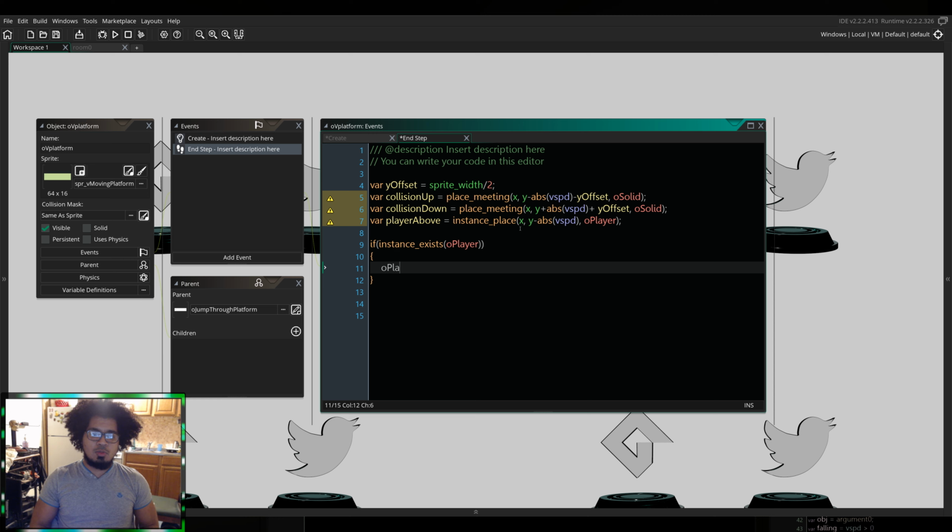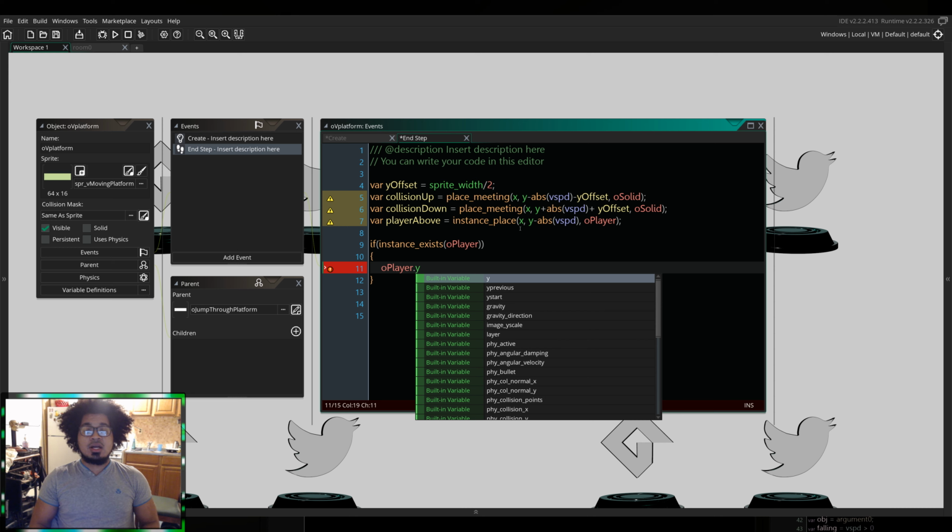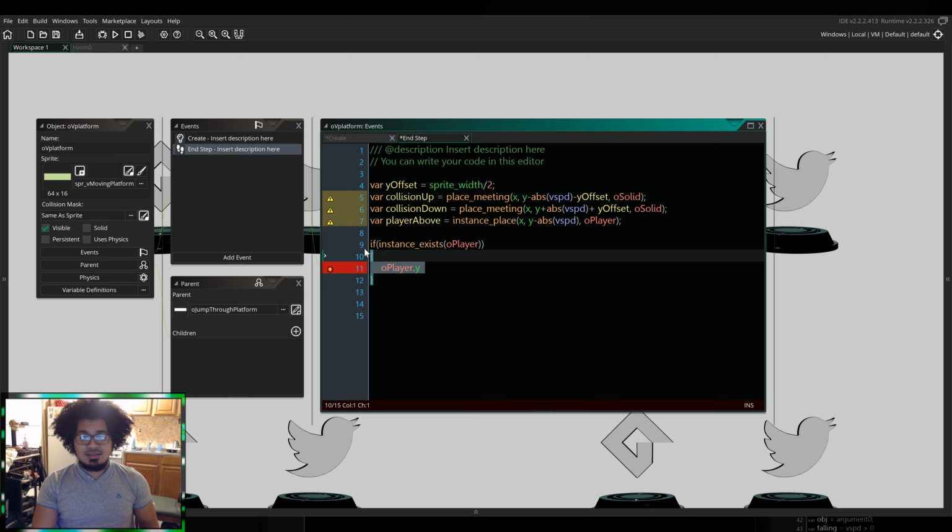By doing like all player the y whatever, because if the player gets destroyed while you're checking for it, right? Or let's say that if the player got destroyed and you try to check for the player and the player does not exist, the game is going to get confused. It's going to throw an error and your game is going to crash, and we don't want that. That's why we're using instance exists in this case,